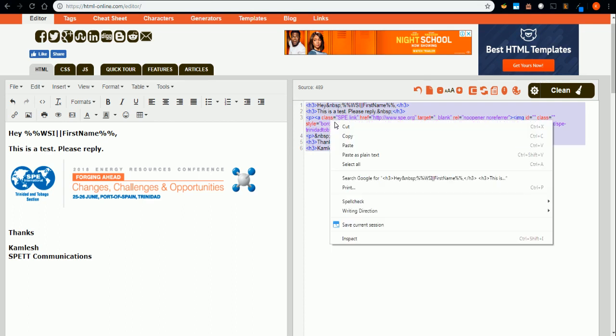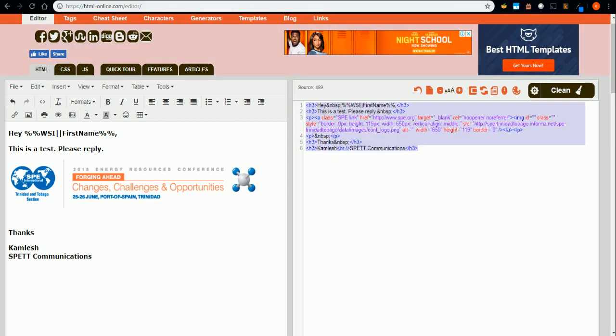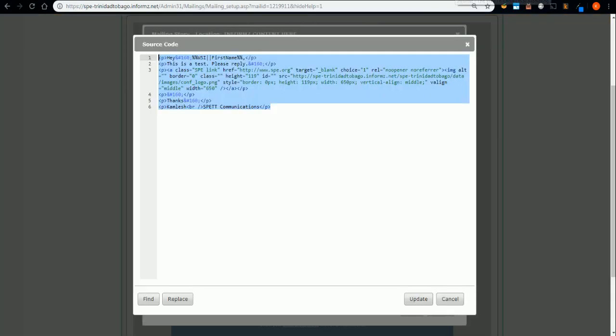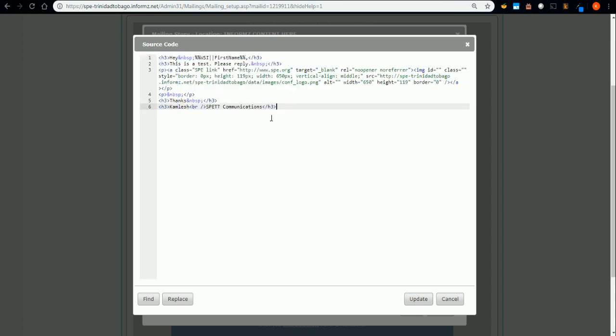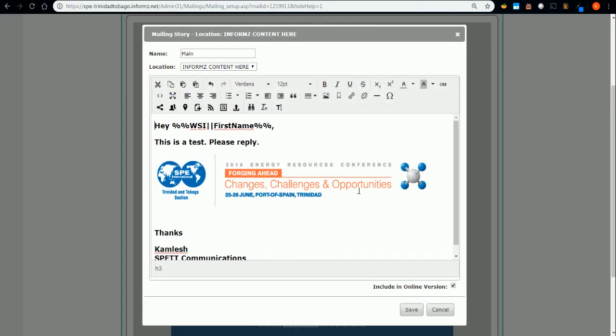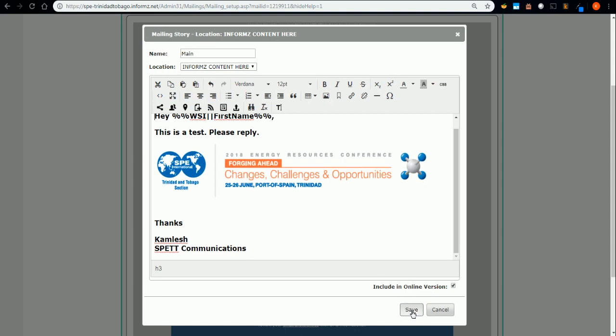So you can copy this back and go back to your Informz window and replace that source code with the one from your other HTML editor. So you click Update, you click Save,